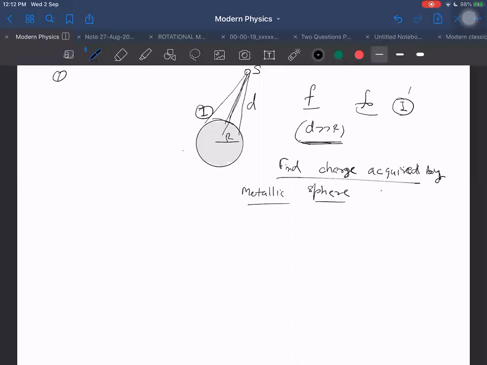We can answer it by Q equal to V into 4 pi epsilon naught R. First of all, in the beginning, when some photoelectrons are first emitted, there is no problem. They can just go on to infinity. But after some time, this will stop, because the sphere will acquire some positive charge. As it acquires positive charge because of the emission of electrons, that positive charge will pull the electrons back.